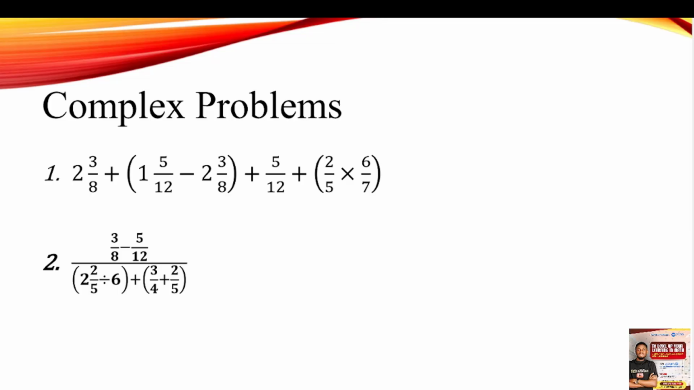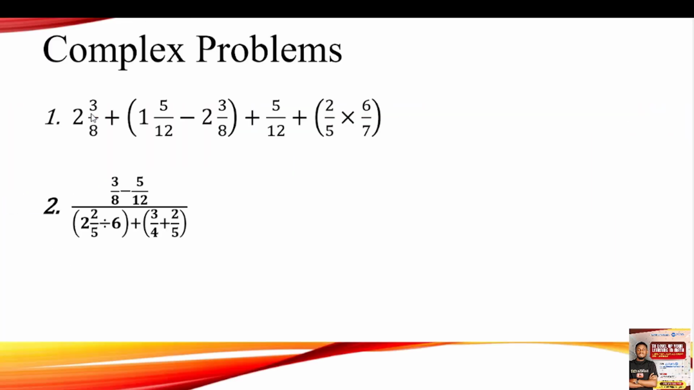Okay, so now let's look at more complex problems. So in these examples, we have 2 whole number 3 on 8 plus 1 whole number 5 on 12 minus, 2 whole number 3 on 8, brackets close, plus 5 on 12 plus 2, brackets open, 2 on 5 times 6 on 7. So the first thing to do here is to change the mixed fractions to improper